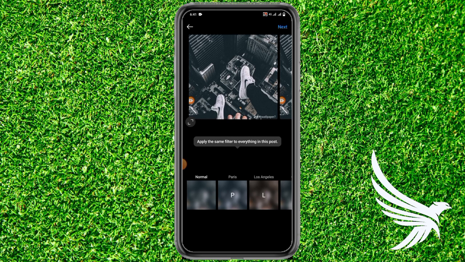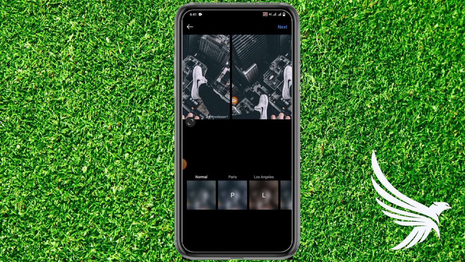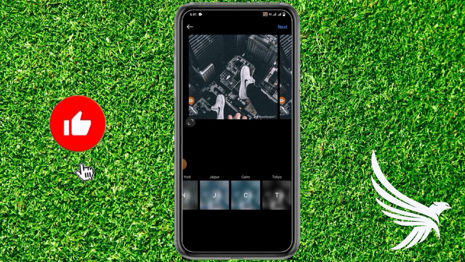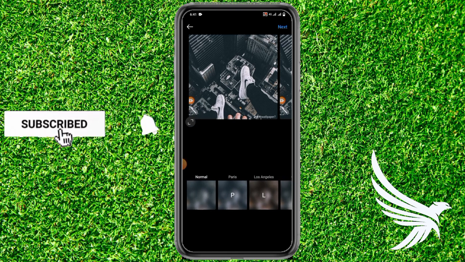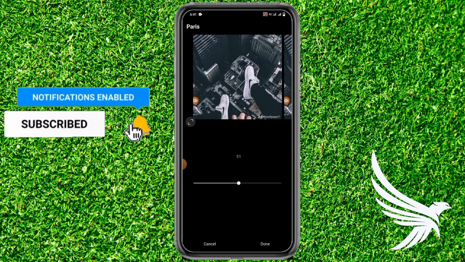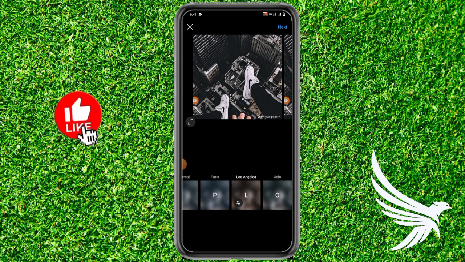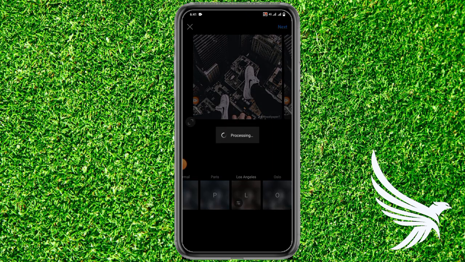And then here you can add your pictures or your photos or videos or whatever. So just simply add them. You can change all of the settings and tap done when you add it. So once you've added your video or your photo, just simply tap next,